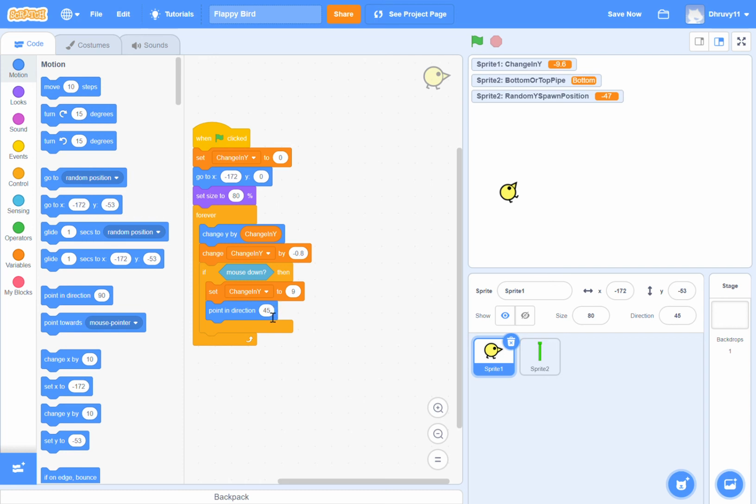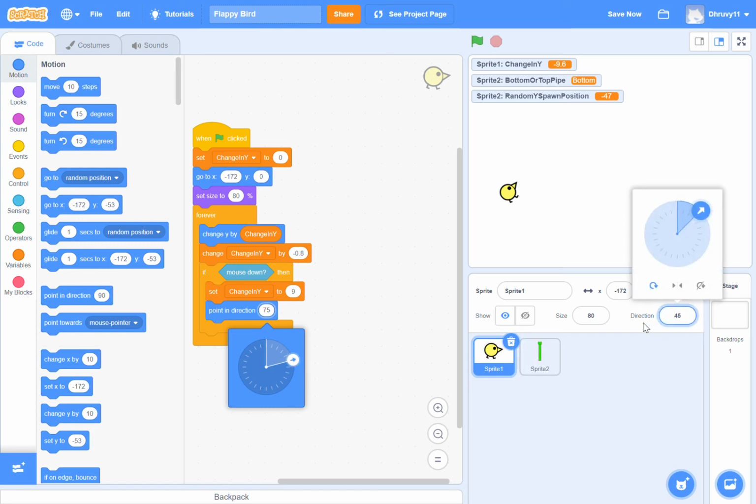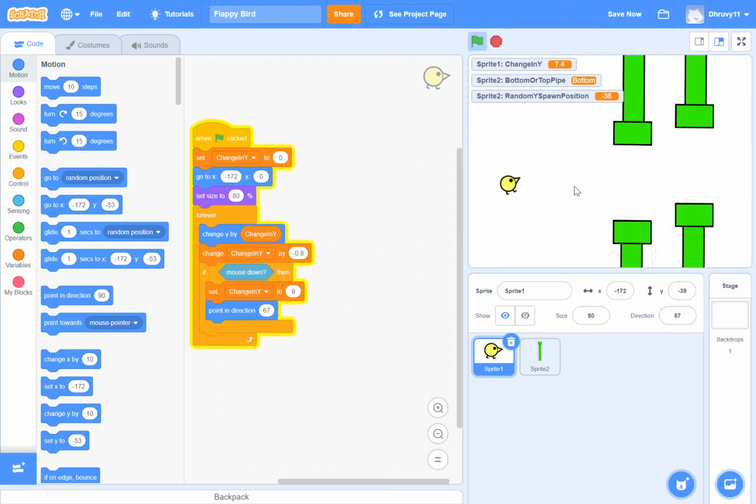What I will do is change this. Right, here. I'll change it here. So this is 90. Oh, that's not 90. This is 90, and so I'm going to change it. You go like 67 will be good. Let's set this back to 90 and play game. And as you can see,